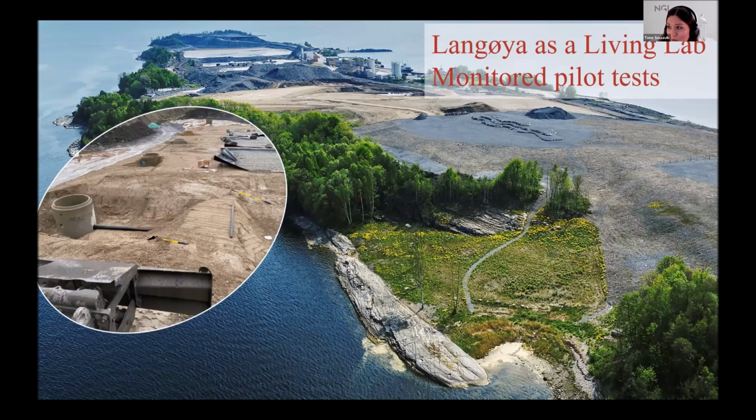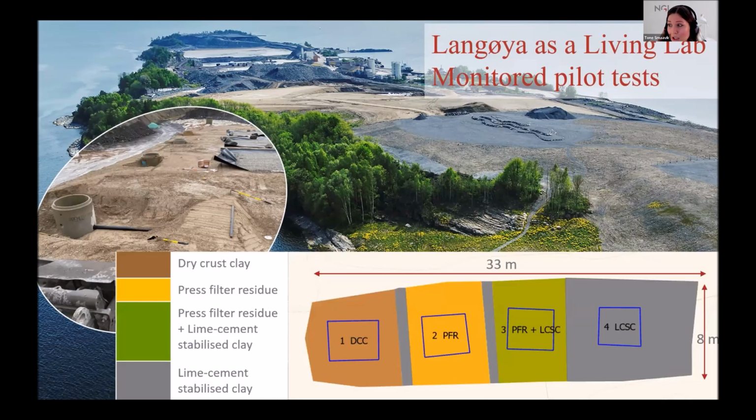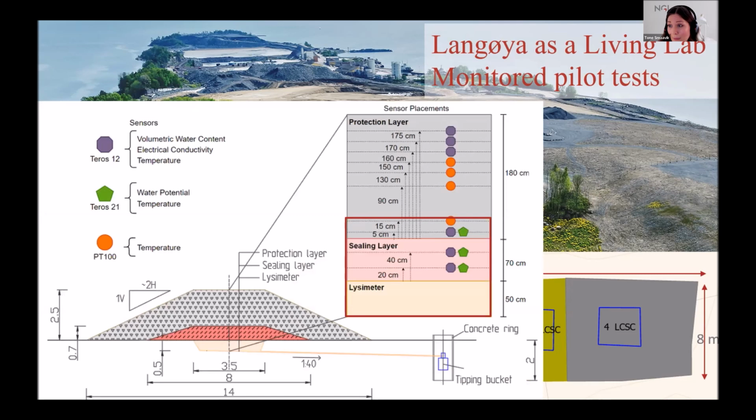Here's a picture from the establishment of that, and we're looking at different materials with the aim of finding a sealing layer. So we're looking at dry crust clays, press filter residues, and this lime cement stabilized clay in 4 different test cells. And they're built up in this way so that on top we have a protection layer to prevent erosion and protect against effects of